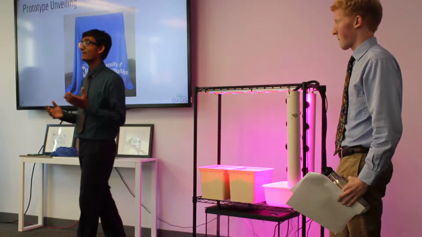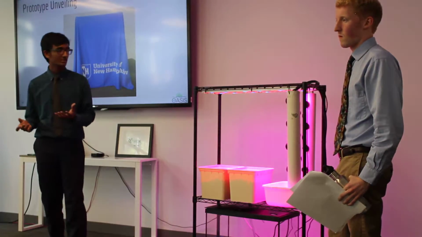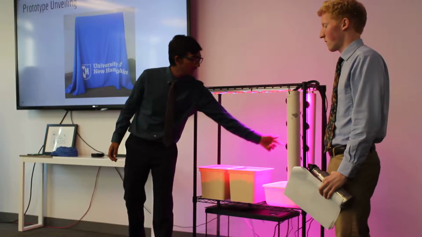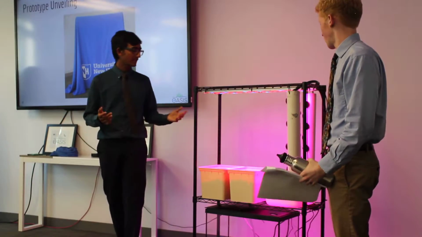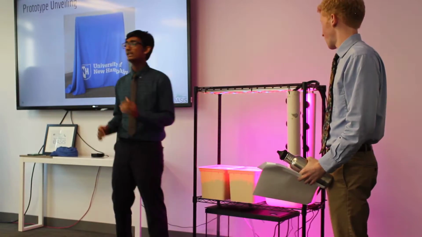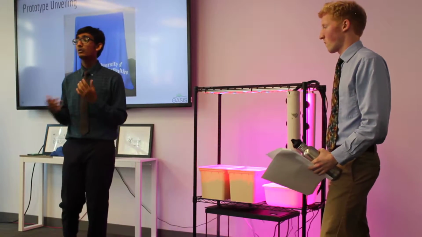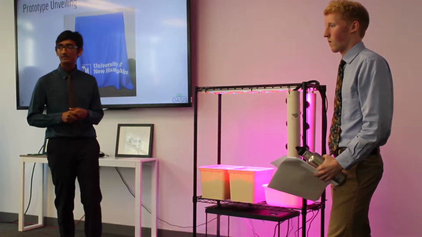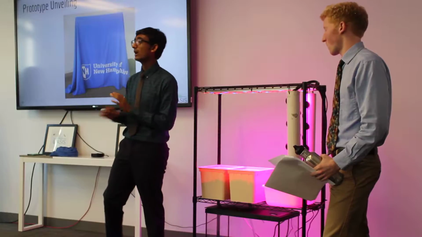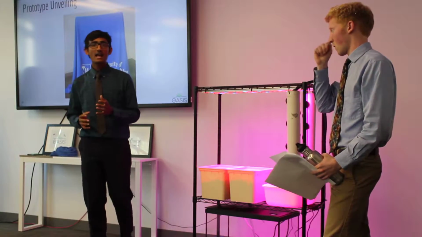As engineers, we want to maximize and utilize our space as much as possible. So in these vertical towers, you can grow lettuce, kale, and other herbs that you want. They have a really quick harvest period. So within a week, you can have almost 3 heads of lettuce. And so with these lights, you can grow things throughout the day, throughout the night,